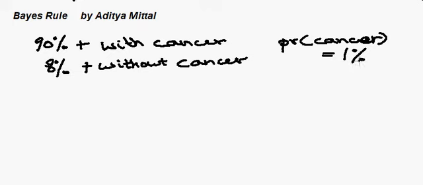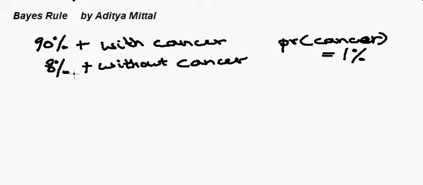So what we want to know is the probability that you have cancer if you actually tested positive. It's not quite intuitive. Bayes rule can be counterintuitive sometimes because you might just think that it's this 90%, but